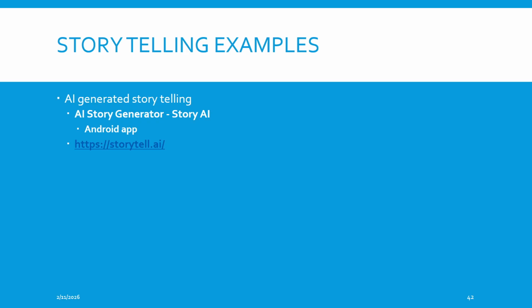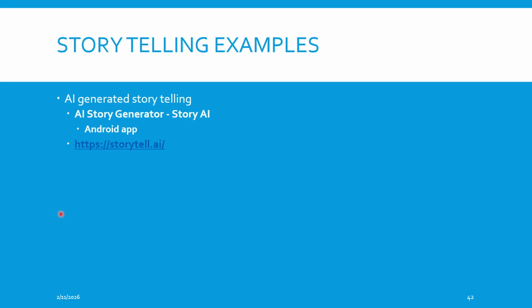Then now we have AI-generated storytelling. And there are so many examples that we can explore. I will tell you that AI Story Generator is an Android app where you can create narratives, and it creates stories. You provide the prompt, and it creates really interesting stories. It's not powerful on the visual side, but at least creating the narrative and the story is really interesting and fun.